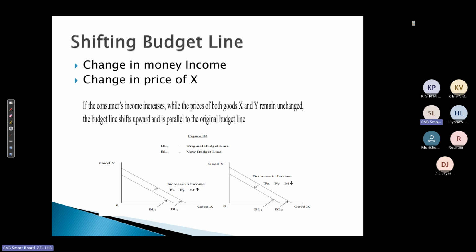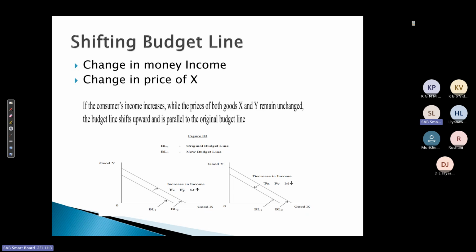If there is a change in the price, it rotates the budget line either from the x-axis or the y-axis. Now first we take the first one, change in income. Original budget line BL1. If there's a rise in income, at a given level of prices, we assume prices constant for the two products,